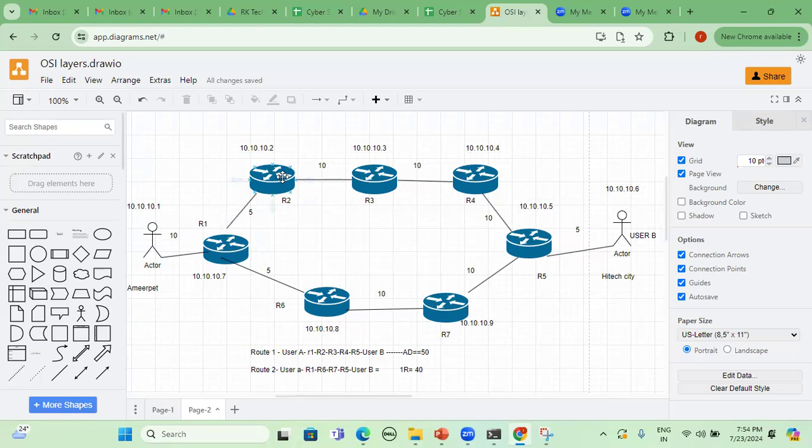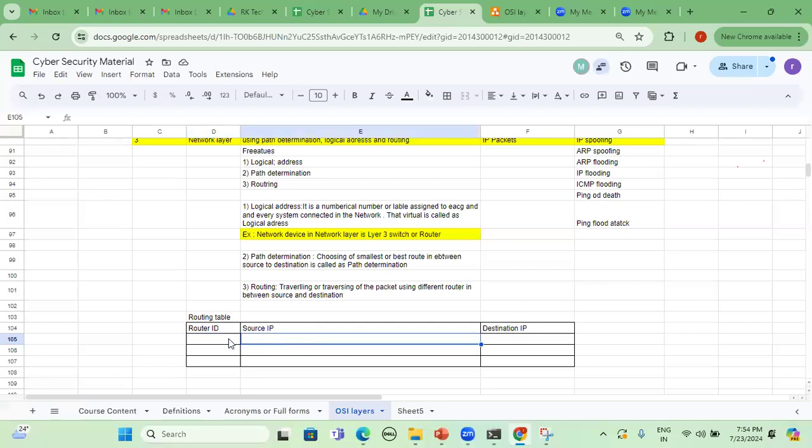Up to 10.10.10.2. In such a way, the route table will form. So here, router ID, source IP x.x.x.x, and destination IP y.y.y.y.